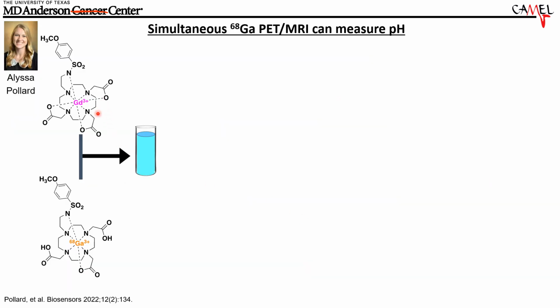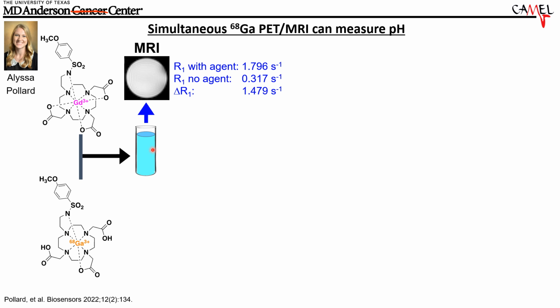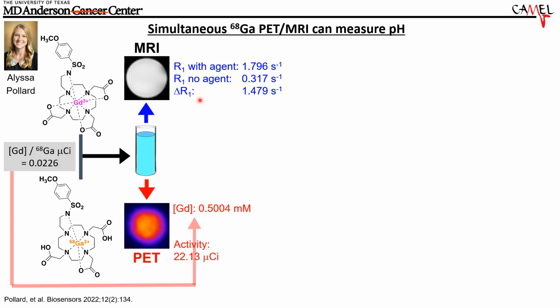We use this then with a gadolinium and gallium-based agent that are co-incubated within the same phantom, and we can measure the change in R1 relaxation rate due to the MRI agent. We can measure the activity from the PET agent, and with the decay-corrected ratio of gadolinium to gallium at the beginning of the study, we can then convert to gadolinium concentration and measure little r1, the T1 relaxivity of this